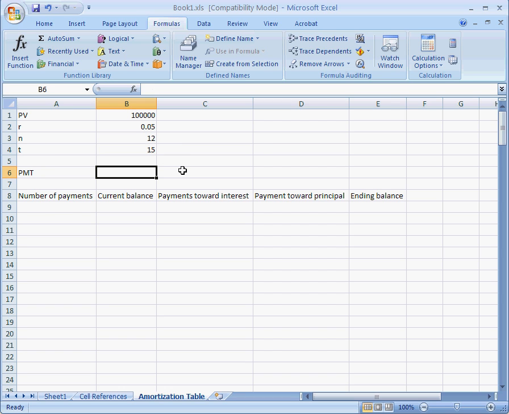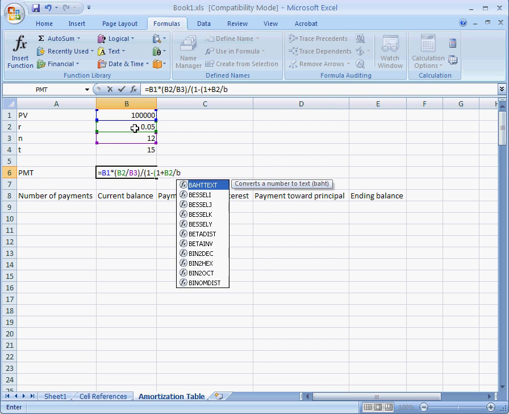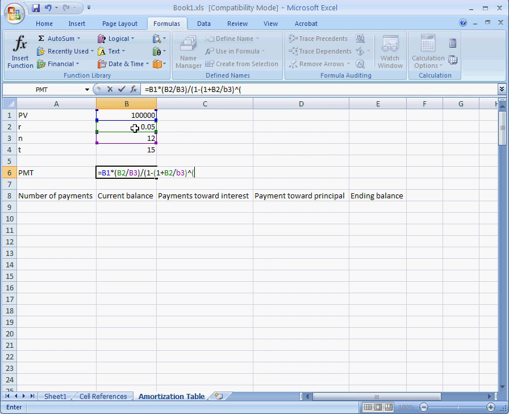into B6. I'll enter the formula now, and you may want to look this up as I go along, but it's going to be equal the present value of the loan, $100,000, times R divided by N, and you'll notice I'm using the references here, divided by the quantity 1 minus the quantity 1 plus R B2 divided by N B3 raised to the open parentheses negative B3 times B4, N times T, close parentheses again,